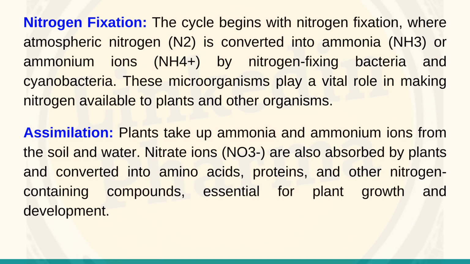Nitrogen fixation. The cycle begins with nitrogen fixation, where atmospheric nitrogen is converted into ammonia or ammonium ions by nitrogen-fixing bacteria and cyanobacteria. These microorganisms play a vital role in making nitrogen available to plants and other organisms. Assimilation. Plants take up ammonia and ammonium ions from the soil and water. Nitrate ions are also absorbed by plants and converted into amino acids, proteins, and other nitrogen-containing compounds, essential for plant